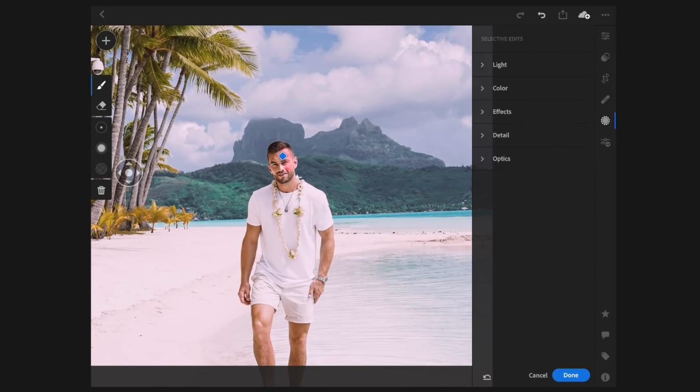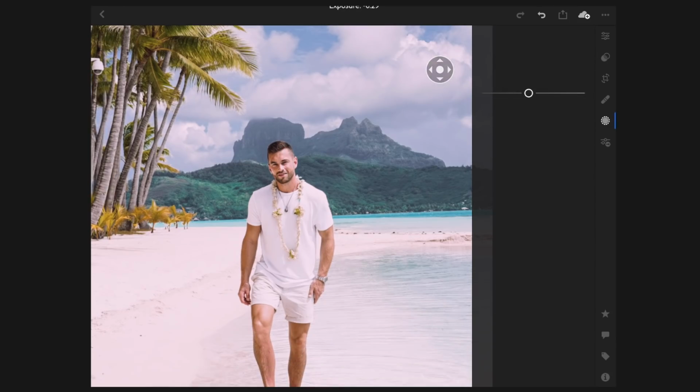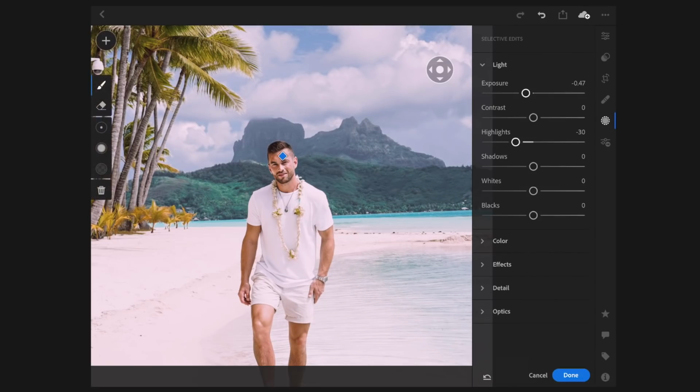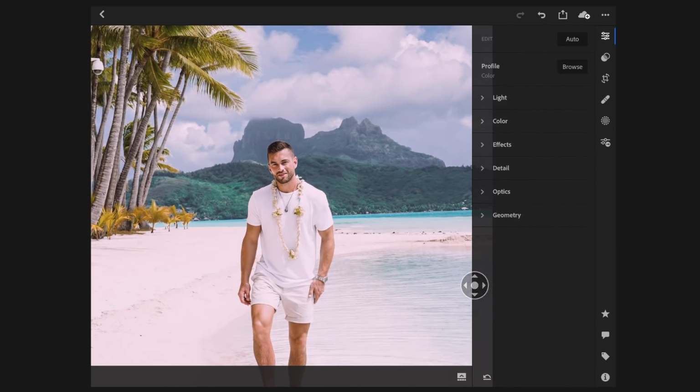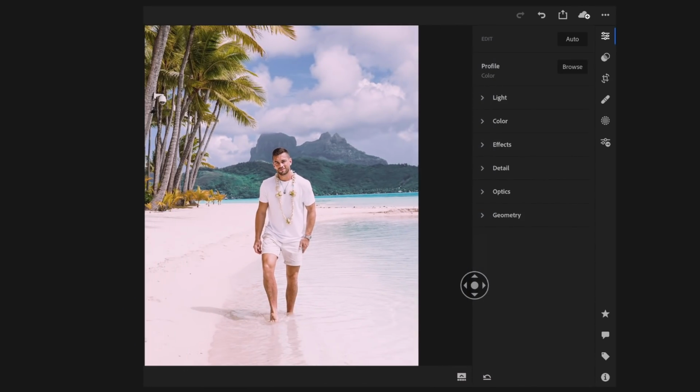So now we've selected that section of my face, we're just going to come over to the light here, and then we're just going to pull the exposure down a little bit. I'm going to pull the highlights down a little bit, and you can see that's before, that's after. You can see the drastic change. We're just pulling in some of the detail of my skin. So when we're happy with that, we go back to done, and we've just adjusted the skin without adjusting the